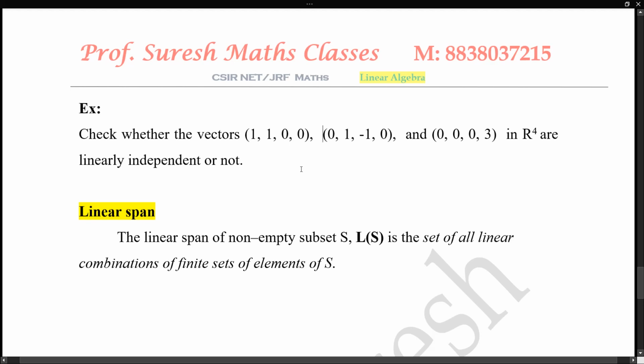So the set of all linear combinations of a finite set, this is important, we should not take an infinite number of elements from this set, you should take only a finite number of elements, that is the meaning. From a set S, this S need not be a vector space or subspace, it is just a subset only. So from this set S, take vectors, put linear combinations, the number of vectors must be finite. So for finite sets of elements of S, the set of all linear combinations, all the possibilities, that set is called the linear span, notation is L of S.